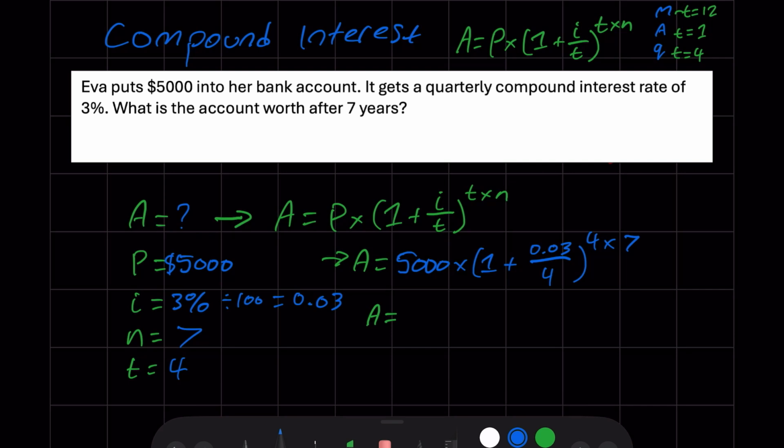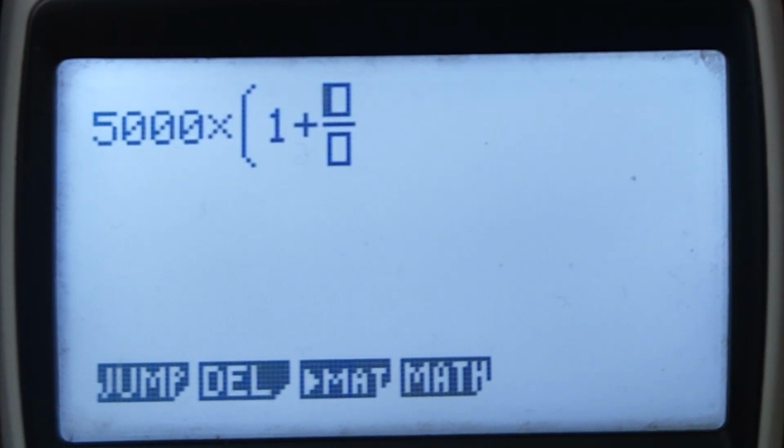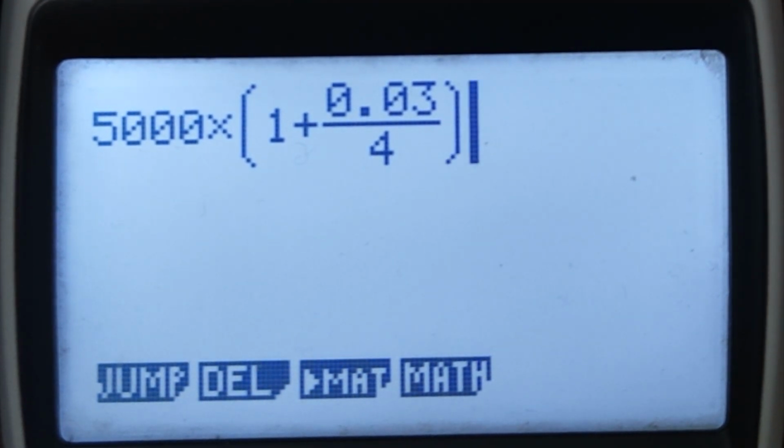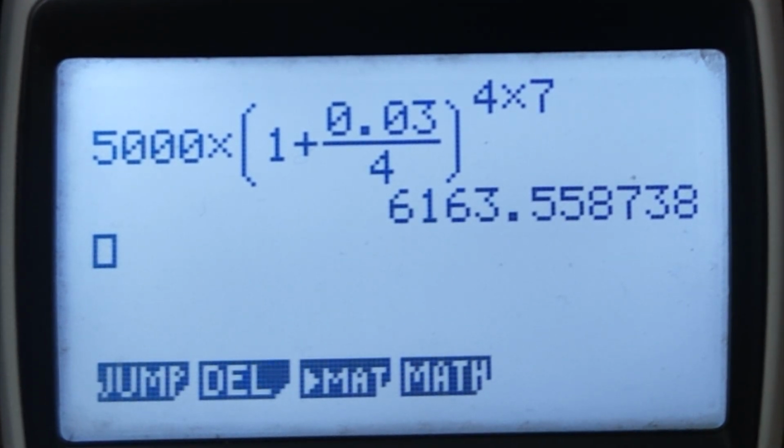I'm going to type this entire thing into my calculator. So looking at the calculator, we have 5,000 times bracket 1 plus, I'm doing my fraction button, 0.03 over 4, close the bracket, to the power of 4 times 7 equals, and this gives me a value of